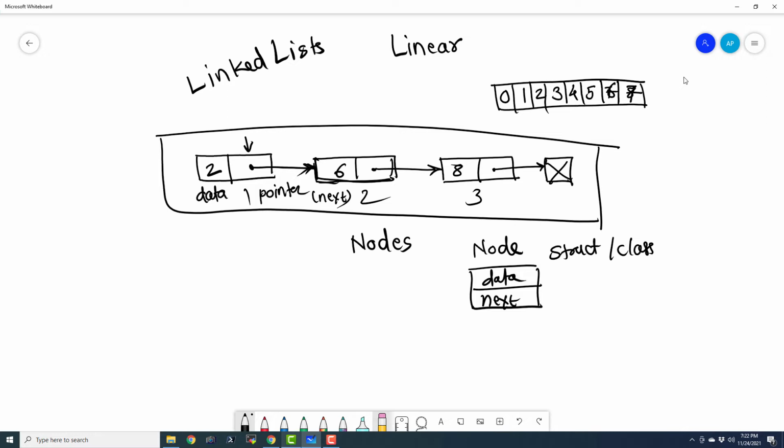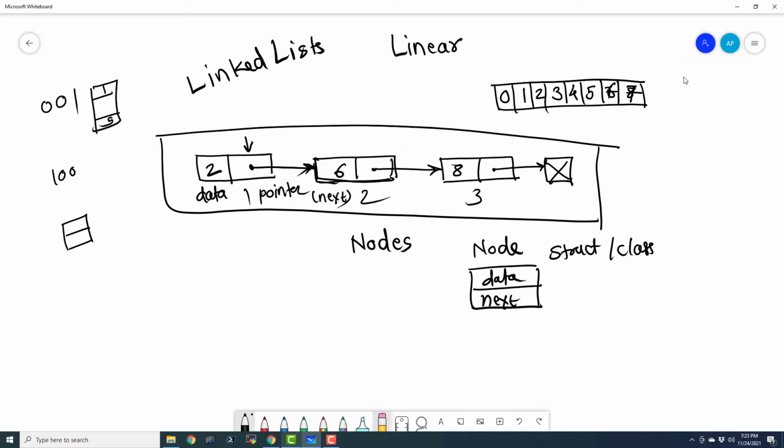This is a very interesting concept. Now you must have understood that linked lists are not stored in contiguous memory locations. Suppose we have memory locations from 1 to 100. If you want to store an array of 5 numbers, you will have to store them from 1 to 5. But if you want to store a linked list, then you will require two contiguous bytes.